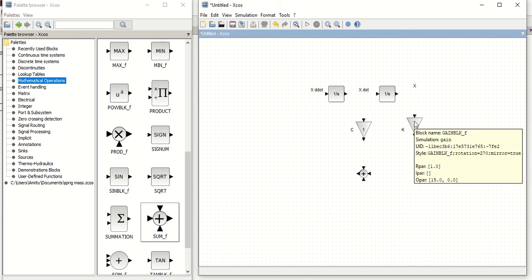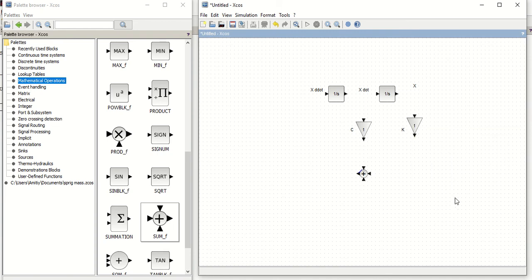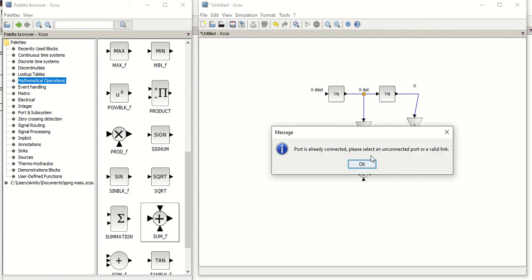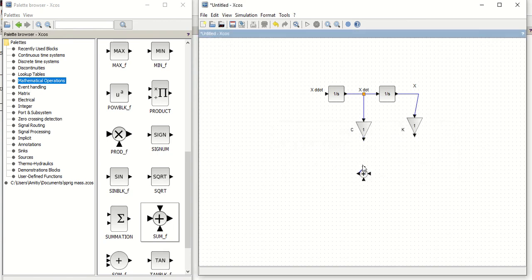So the right hand side part I almost have, and let's start the connections also. I am connecting it. Similarly, I am also connecting this to this one. Port already connected.